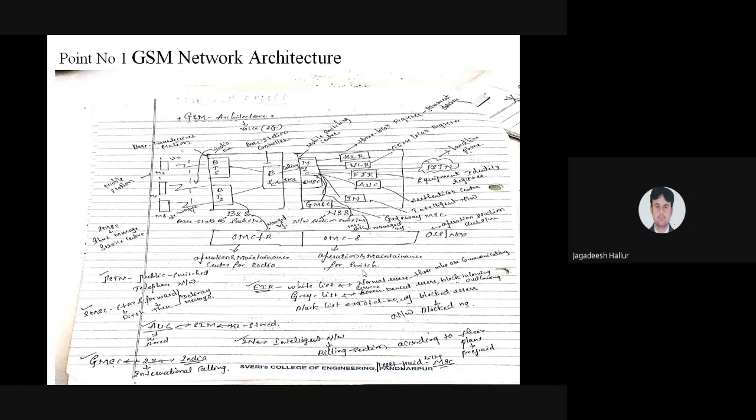And one more is present, that is SMSC. SMSC is the Short Message Service Center. What is the main function of SMSC? The function of the Short Message Service Center is to store and forward SMS. Once the SMS has come, that has to be stored first in your mobile. If you want to forward it, you can forward it to another user.